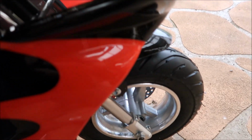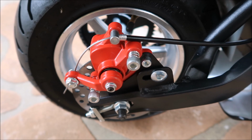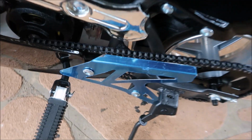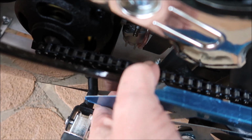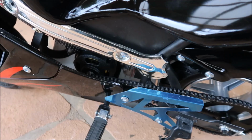Only problems at the moment, seems a little bit frozen on the rear disc and also on the front, so I'll have to do a little bit of adjustment there. We also have to do a chain adjustment. This is a really tight chain, so I can't take it out with this. There's just no movement there, so I'll be doing the chain adjustment. But apart from that,